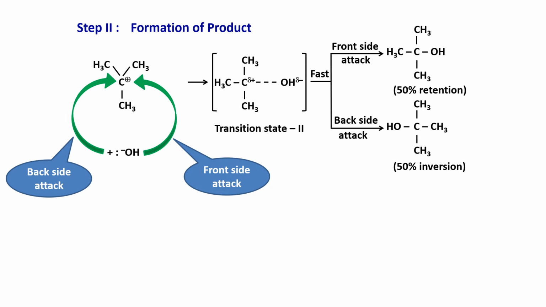When an optically active substance undergoes the SN1 mechanism, the two products are non-superimposable mirror images of each other. That is, they are enantiomers. Since there is equal probability of nucleophilic attack from either side, the two products are formed in nearly equal proportion. Thus, a racemic mixture is obtained.